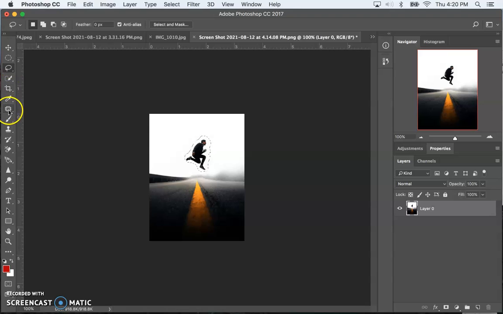And now I'm just going to grab the patch tool, which is under the spot healing brush. So if I hit Control, go to the patch tool, we see that now I can click that selection and drag it over to the left or the right and select an area that I want to replace it with. Oh, that looks pretty good to me right there. And once you're ready, you could just hit Return and Command D to deselect, and now